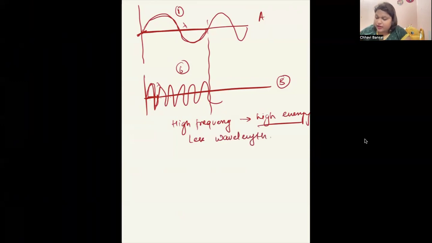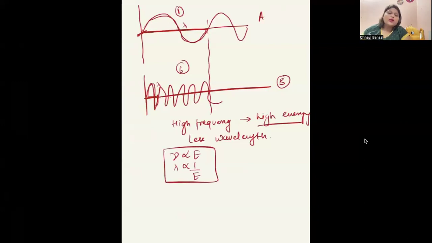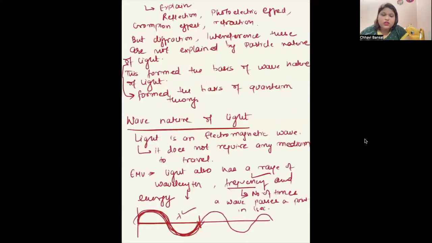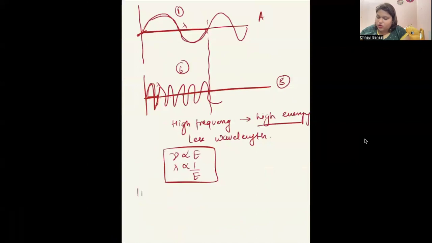So can I say frequency, which is denoted by nu, is directly proportional to the energy, and lambda, which is wavelength, is inversely proportional to energy. Okay. This is what wave nature is. Just a brief about wave so that you have a clear idea about it. Now this wave nature was able to explain